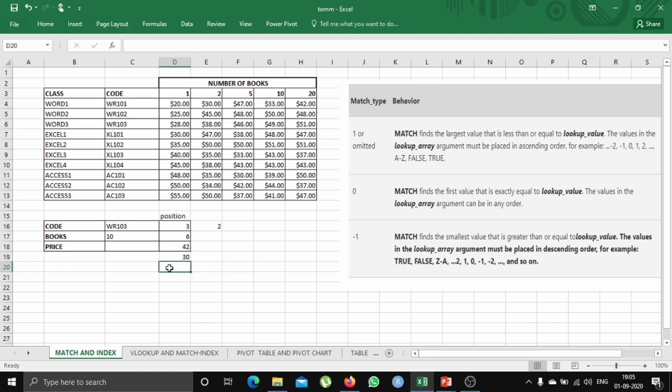Another usage of index function is you can also find the data present in the cell by considering the whole table. But for this, you will have to enter the position of row and column both at the same time. Let's select the whole table and first enter the row number. Here we have about 11 rows, and we have selected 5 columns. Suppose we want the value of 10th row and third column. 42 is the value.